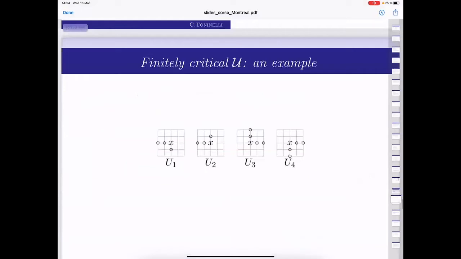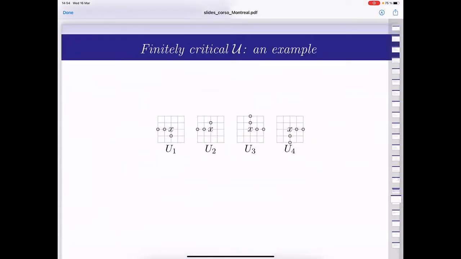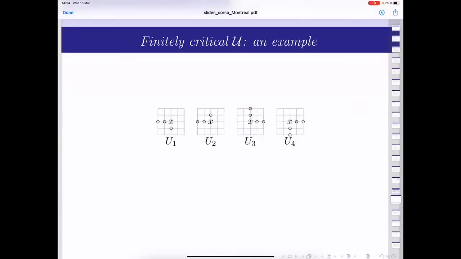So in general, this model will feature large droplets, large in the sense that they are diverging as q goes to 0 as a power law, and that are going to move in an East-like way. This is the infinitely critical model. What happens instead for finitely critical models, those that have